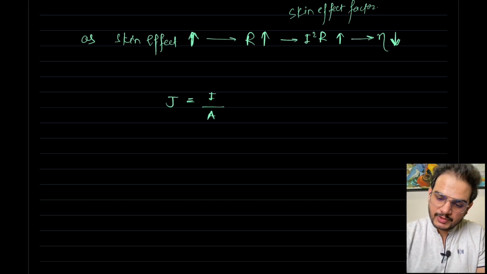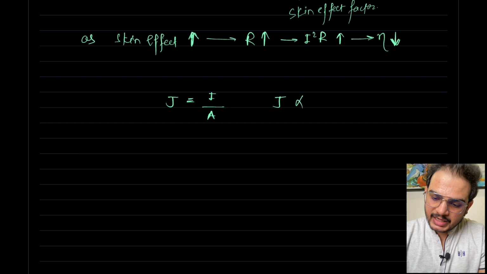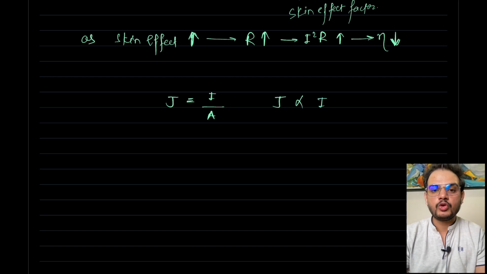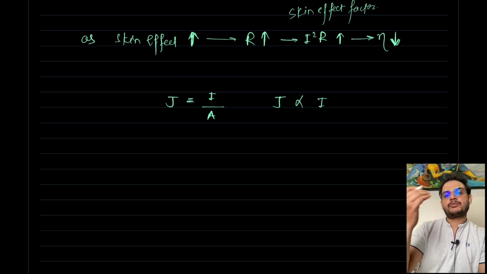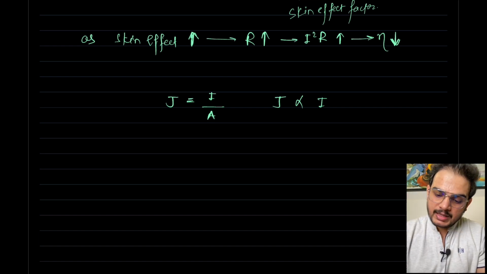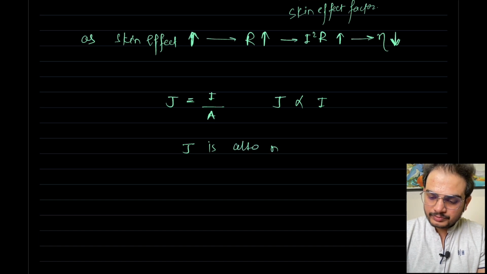This current density is directly proportional to current, and we know that current from the center to surface is non-uniform. That's why my current density is also